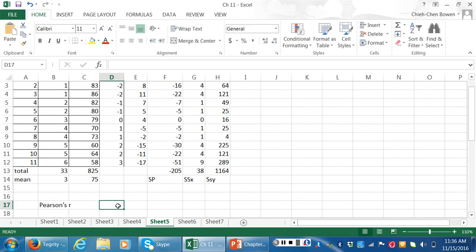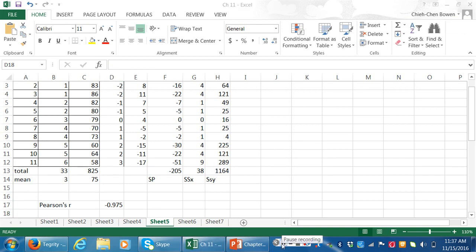Okay, so you can actually calculate Pearson's correlation. Its value is -205. It's right here. That's your XP divided by the sum of squares of x, which is 38, times the sum of squares of y, 1164. And remember, you need to take a square root out. So the square root is power 0.5. Okay, so your calculated Pearson's R is